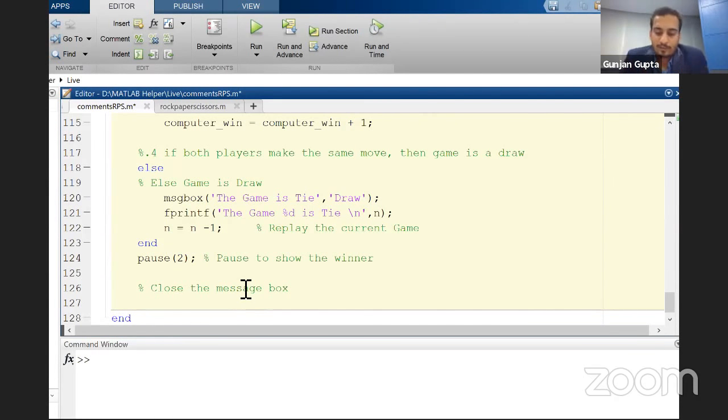Okay, there is one more thing which I wanted to tell. When we choose the message box and I play the game, the game will play very perfectly. But what will happen? The message box will keep on there. The game will pause for 2 seconds, the message box will not be removed, and the game would reach the next position. Do you want to see what exactly I'm talking about? Let us see this.